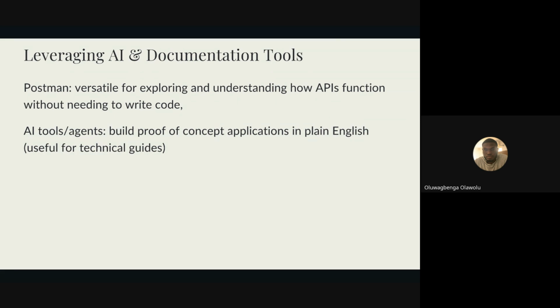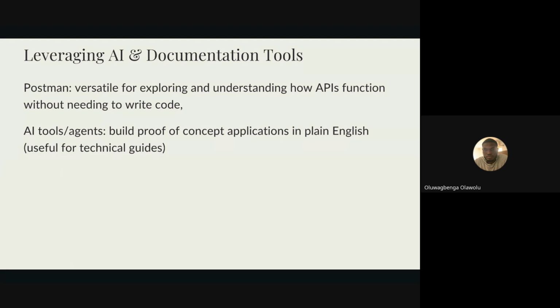People are going to tell you that AI is the be-all end-all now. Yeah, it is, but it's still not everything. But it has some really good use cases. For example, you could take an API documentation, feed it to the AI, and tell it what you want to build, and it's going to give you some working code.